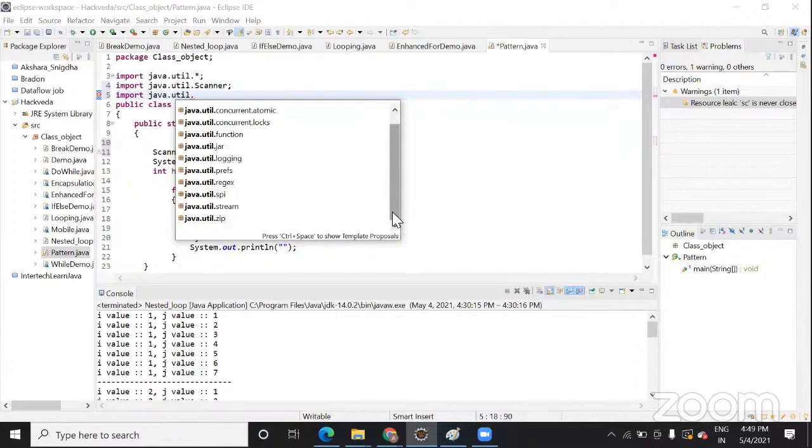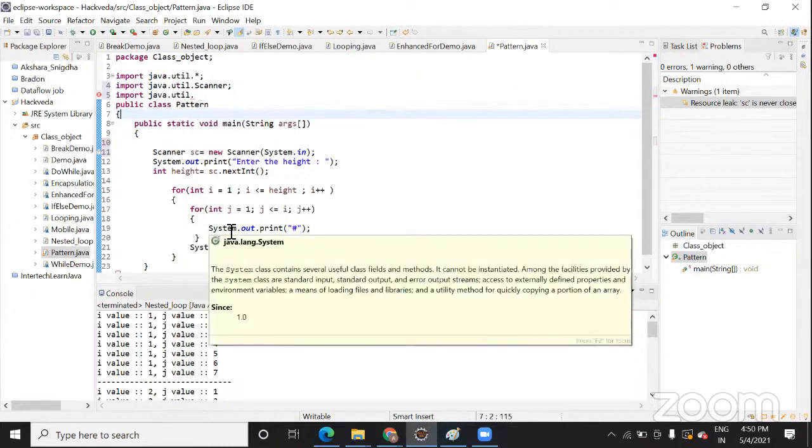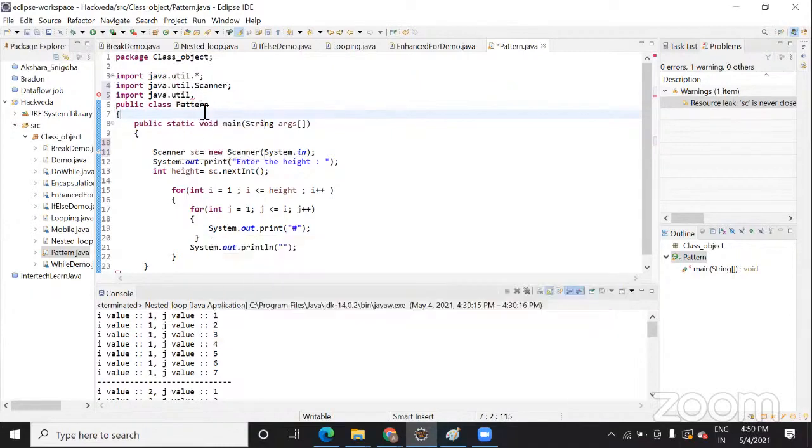Yeah, we can import the class from that package also when you are working on similar code, or when you want to use the function and method defined in that package. So for example, if I want to use this package inside my another package, I can use this. In that case, I need to give this class object dot pattern. Inside this pattern, whatever method I want to use, I can give it.